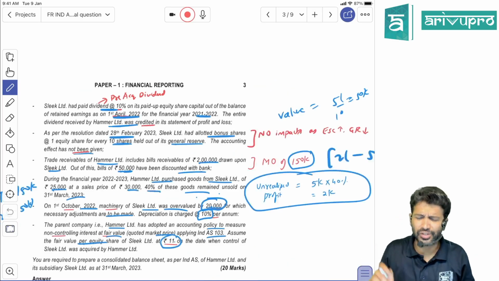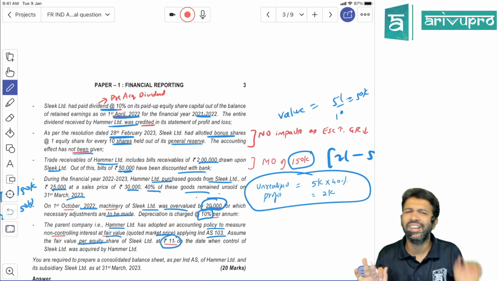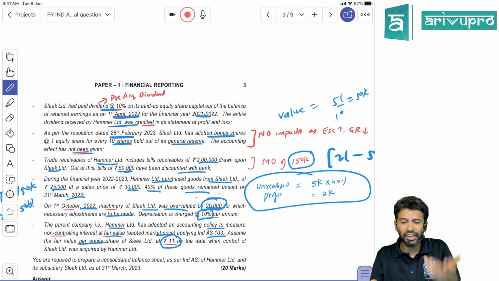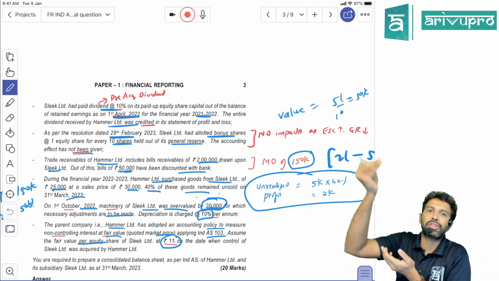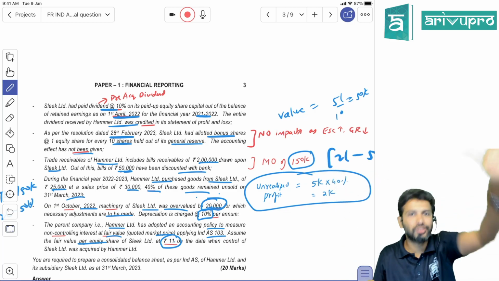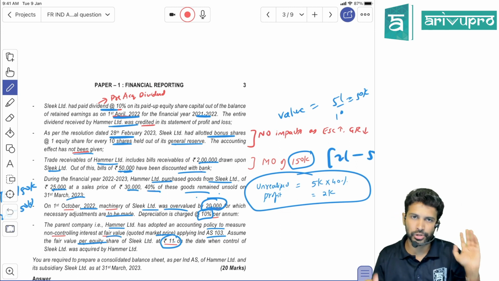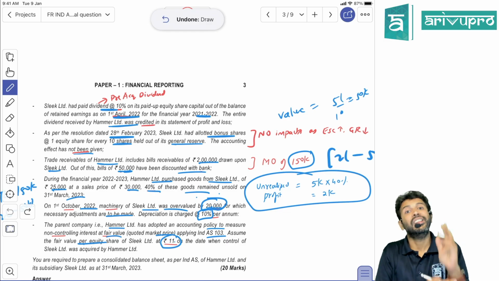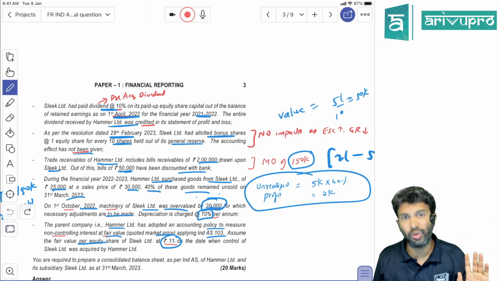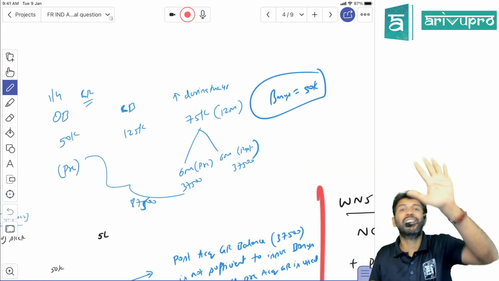Ideally, in an examination paper, you should not give such things. In my view, if not directly in the exam, at least give it in the RTP, just to give an idea of what assumption ICAI is making. Then students who have done that RTP will make the same assumption. If you directly give it in an examination question where there are multiple options, it becomes very difficult, and students may end up losing marks, which is not appropriate.